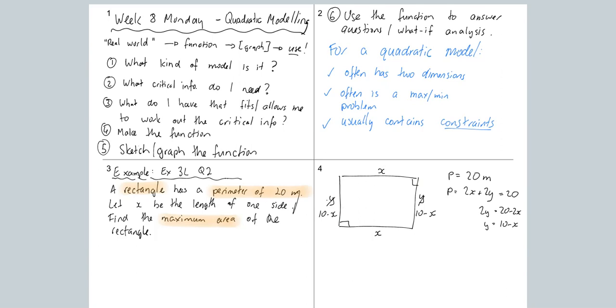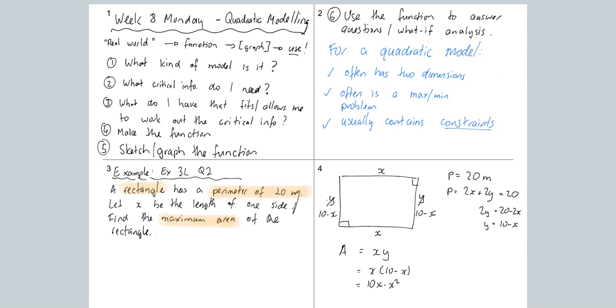Now it says find the maximum area of the rectangle. So what do we know about area? We know that area is equal to length times width, like so. But I've got an expression for y, it's 10 minus x, which I can then expand to get 10x minus